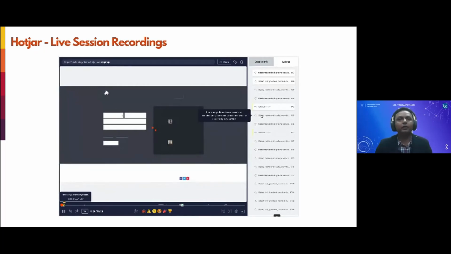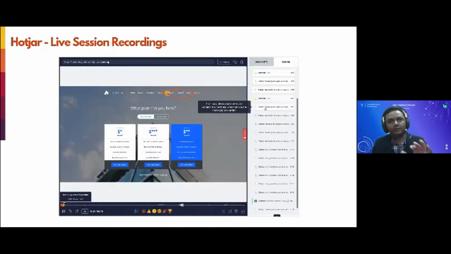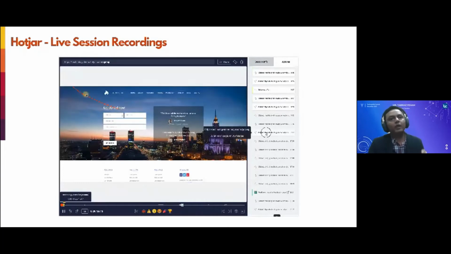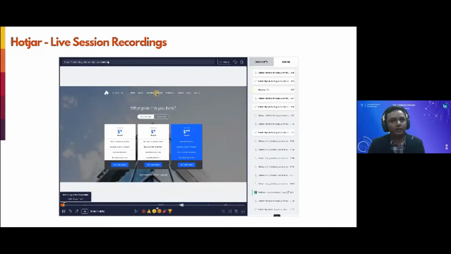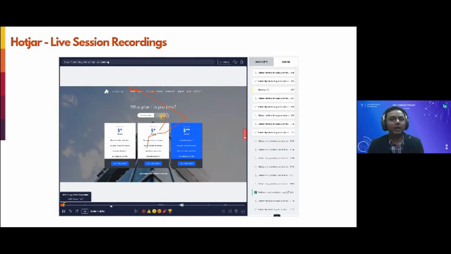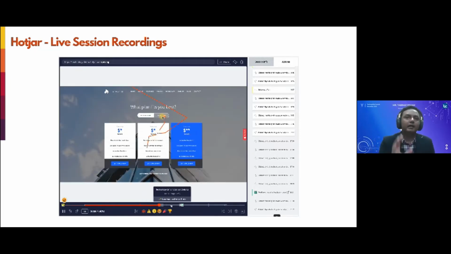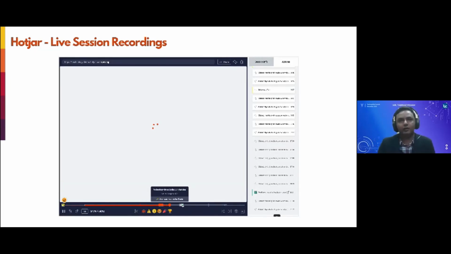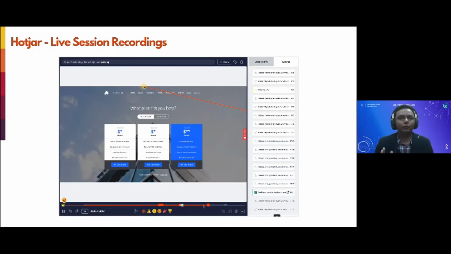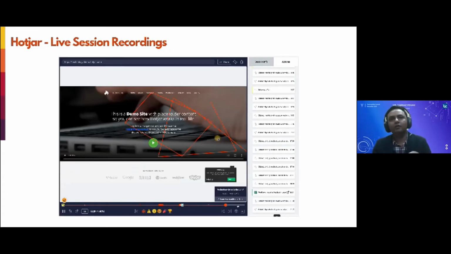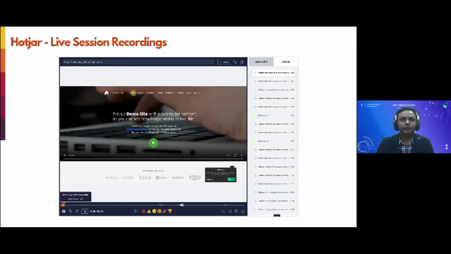So by utilizing this kind of analytics, this kind of feature, we were able to design a better product, because sometimes your users are struggling. If it is a complicated product, the user experience is complicated, your users are struggling to find an option. And by embedding this kind of analytics, this product feature, you can gauge in real time how your users are engaging with your product. So this has been the single most powerful feature that I would recommend, that being a product manager, you should be employing right away. It's again Hotjar.